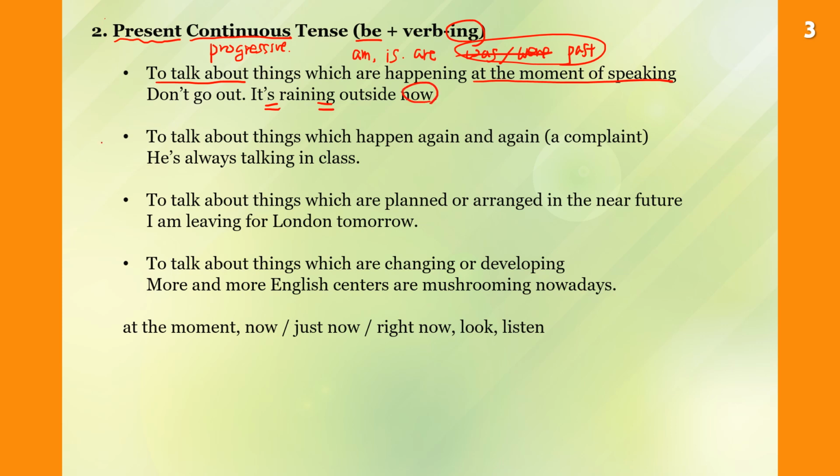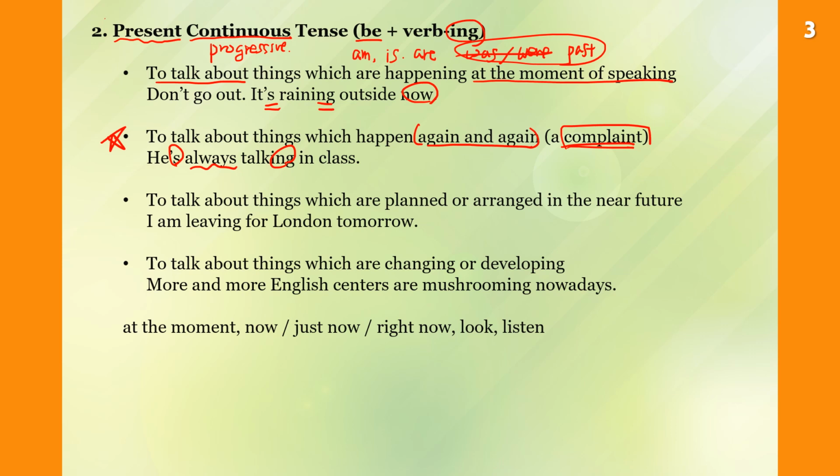And then this is quite important. When you talk about things which happen again and again in terms of a complaint, you can use this. He's always talking in class. So it's the teacher or some classmates who are not happy about his habit. He's always talking in the class. This is a complaint. So when you talk about things which happen again and again in terms of complaint, you can use present progressive